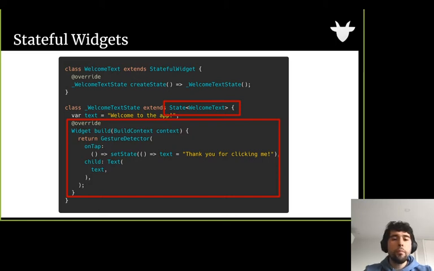Now here, what I'm doing is I declared a text variable called welcome to the app, as I did previously, and I wrap this in a gesture detector. As the name implies, I'm detecting some gestures over this widget. So when the user taps on the text element, I'm going to call the setState function. What does this do? It's going to say to this widget, look, something has changed in me. But what has changed? Oh, the text. The text changed from welcome to the app to thank you for clicking me. So the result is whenever the user clicks on the text, it's going to change the text from welcome to the app to thank you for clicking me.